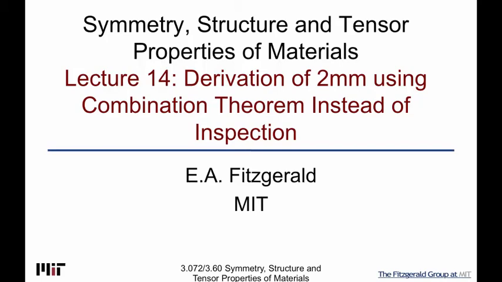Now that we have our new combination theorem of the generic case of two mirror planes, I want to go back and rederive the way that we'll use it now. Suppose that we didn't do it by inspection for the 2mm group. I remember when we did the 2mm by inspection and said, oh, there's an extra mirror plane sigma 2 here, and this led us to, all right, let's think about this as a group, and we showed that two operators,